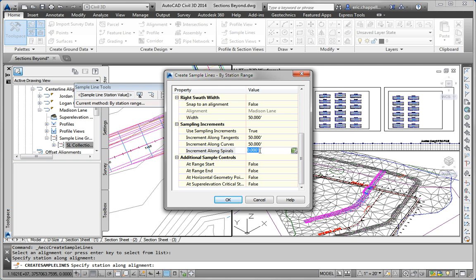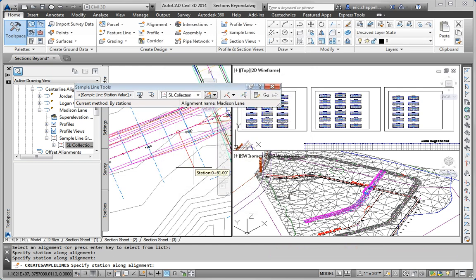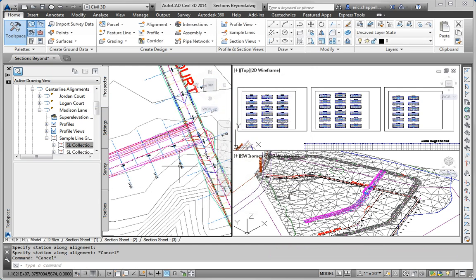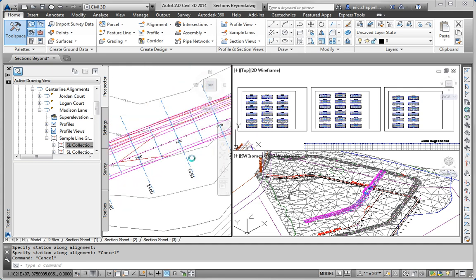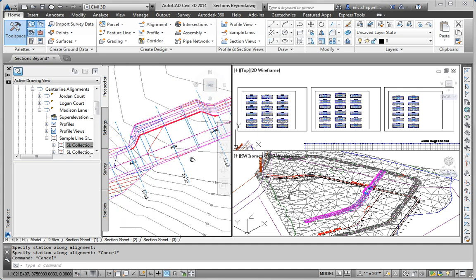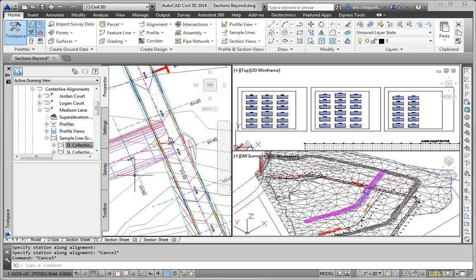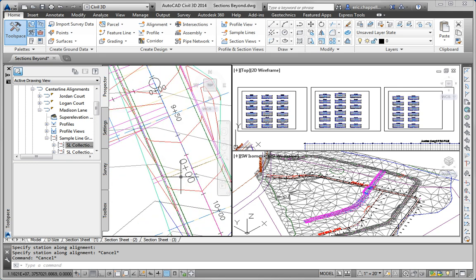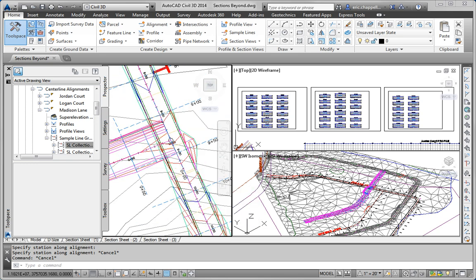It's not uncommon to do the sampling increment more frequently along curves, maybe 10 feet, but for this case we're going to do 50 feet. We do want to do the range start and the range end, and I'll go ahead and click OK. And that's going to place sample lines not along the corridor. You can see the blue corridor lines, and it's not hitting every one of those, but it is doing it at even 50-foot stations. And also notice, because I picked end and start, I get one at 0 plus 00. That's going to be important in an upcoming step,